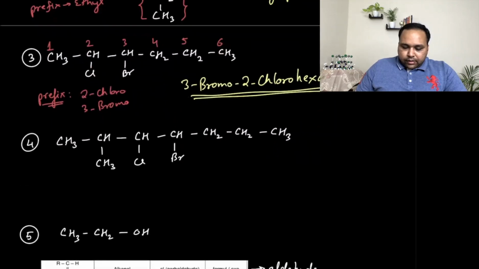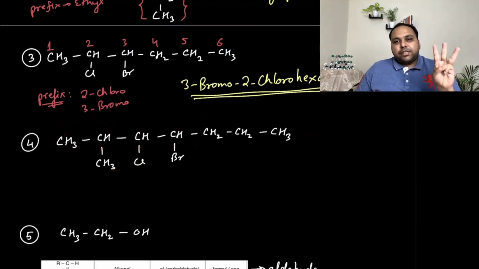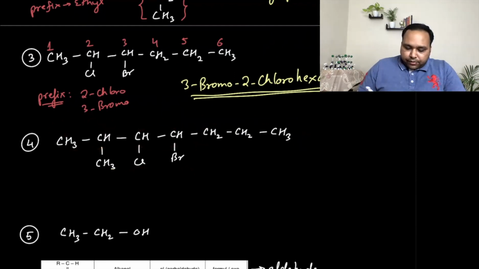So guys, try doing this alongside with me. So in this case, again, look at the carbon chain. You have 1, 2, 3, 4, 5, 6, and 7 carbons. And you can see clearly that if we start numbering from left hand side, the numbers come to be the smallest for substituents. So numbering will be 1, 2, 3, 4, and so on. So now here you have 3 substituents, right? So let's write the prefixes for those substituents and we'll see what will be the order given to them.